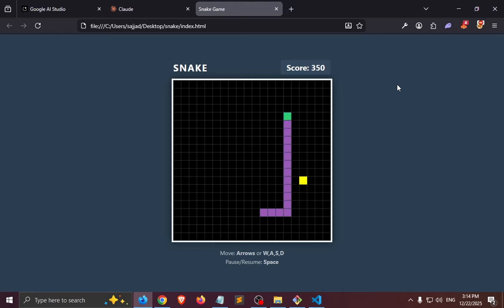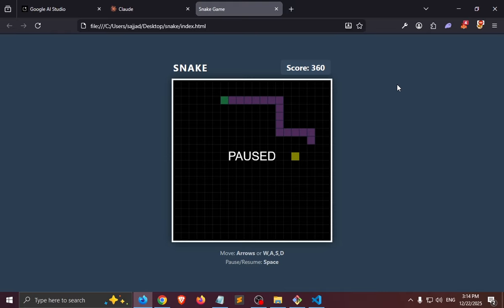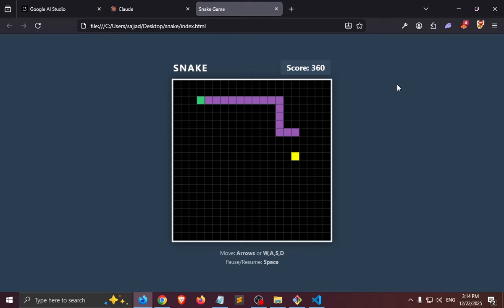And now we eat it. And now we get 100 points. The game now works well. My space key pauses the game, and by pressing the space key again, I can resume the game. So it's a good snake game